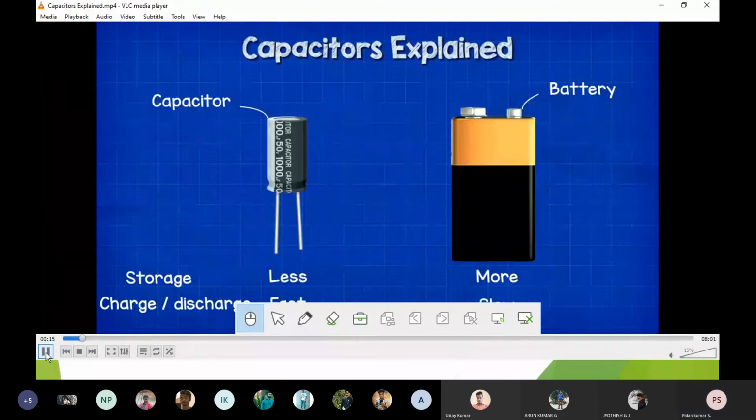Now, unlike the other two passive components, we are comparing the capacitor with the battery. Why? In both cases, electrical energy can be stored, whereas in an inductor it is in the form of a magnetic field. Of course, we cannot take the resistor, because it is an energy dissipating element, even though it is a passive element. So energy storing elements are two only: the capacitor and the inductor. Out of these two, only the capacitor can be compared with the battery, because both handle the same form of energy, electrical energy.